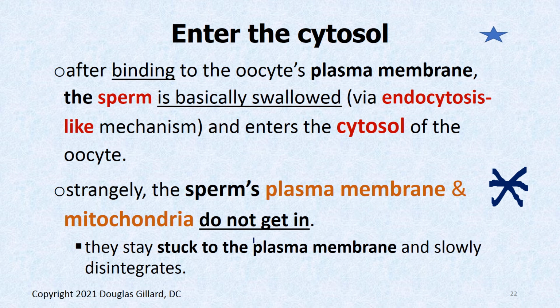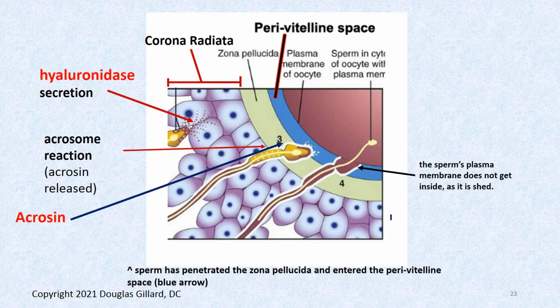And the mitochondria as well doesn't get in. So it's kind of part of the sperm that gets in there. The most important part, which is the nucleus, that's where the genetic material is, definitely gets in. But on this picture, I guess it would be on slide 22, because I have one more slide than you. On slide 22, you can see